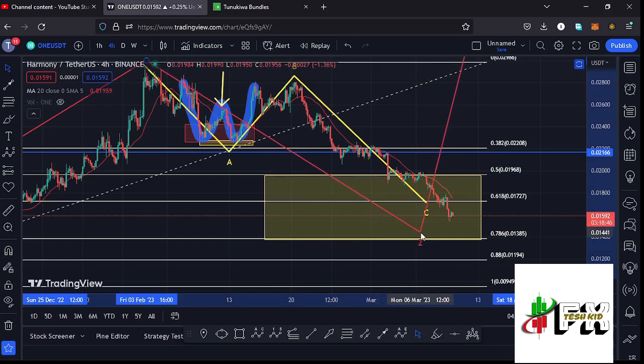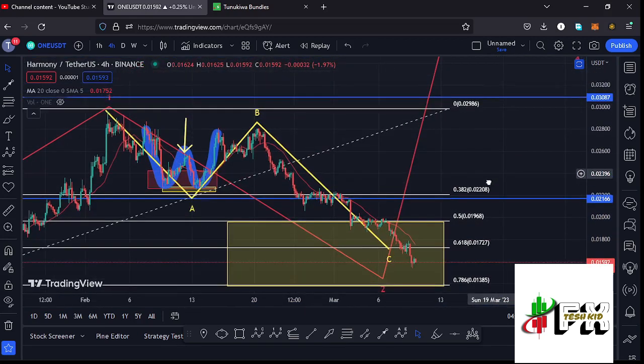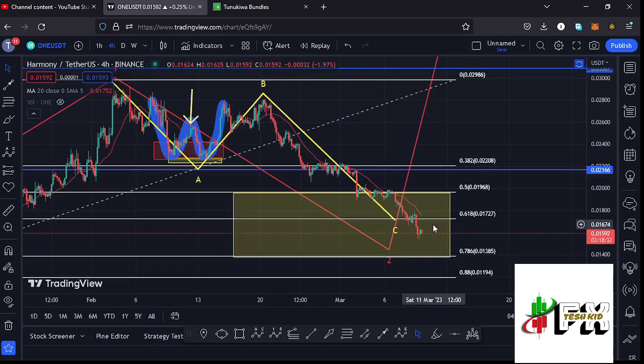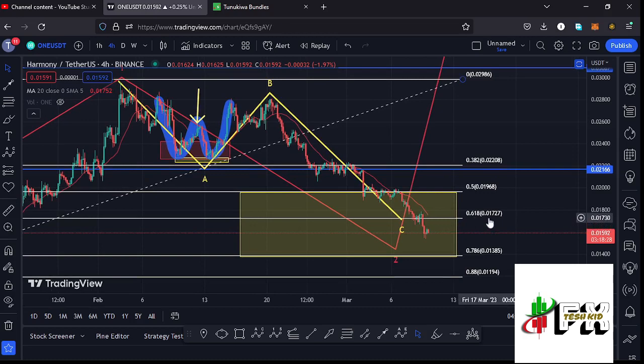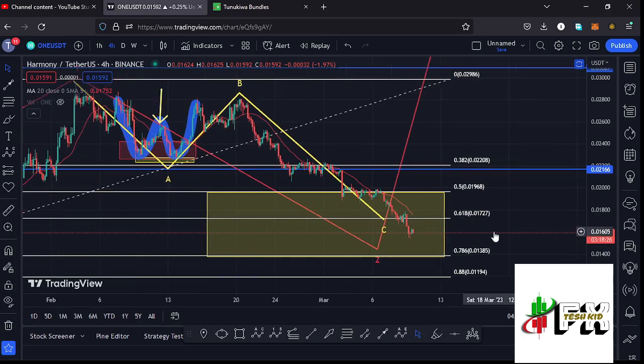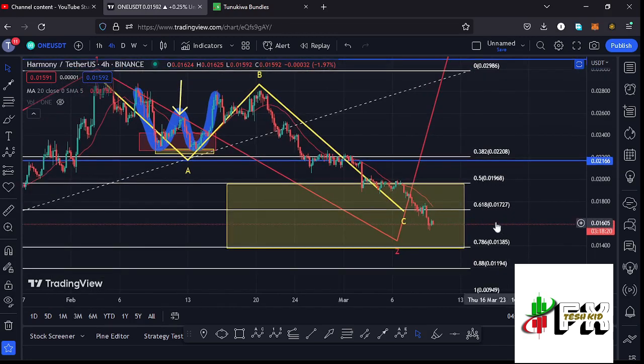And you can see that at the time of this recording, we have managed to get into the minimum retracement area, within which I'm expecting to see a reversal to the upper side in the formation of that higher Elliot wave count 3. And yesterday we lost the fib level 0.618, which perfectly sits at around the $0.01727 mark. And now that means that we need to continue watching the fib level 0.78, which lies at around the